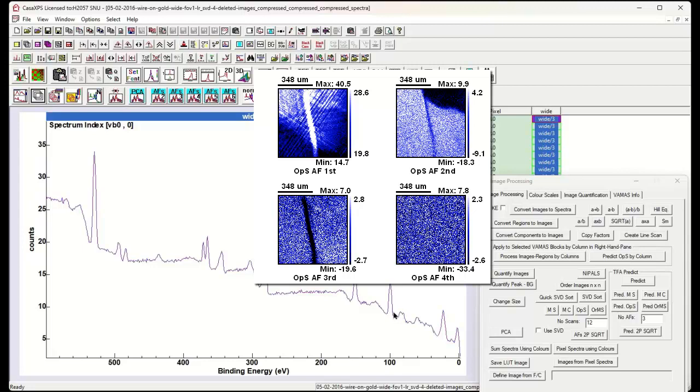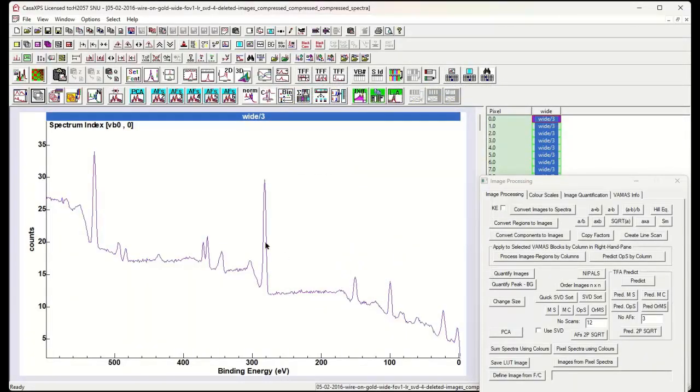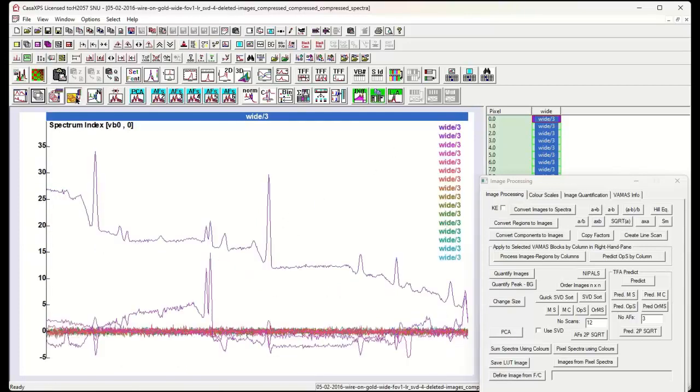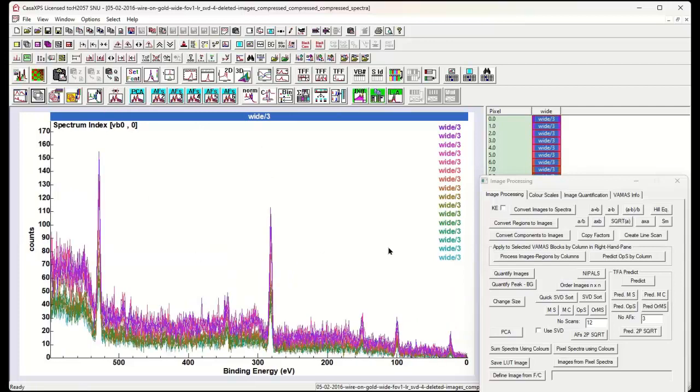You've got a little bit of gold. That's because there's a thin gold wire. You've got some silver. That's because up in the top right hand corner there was silver. And then the rest of the image was glass, so you see a lot of silicon, carbon and oxygen. So these all have the same characteristics, but if these are then returned to the original state and we calculate, in this case let's still use 3 abstract factors, so I'm omitting some of the information that I think is now present in the 4th abstract factor,